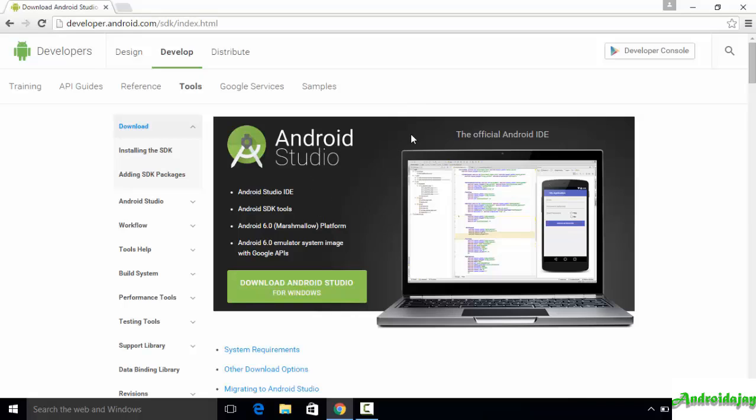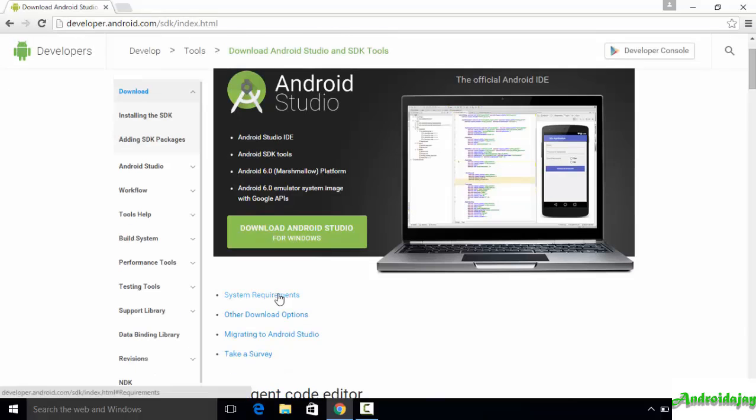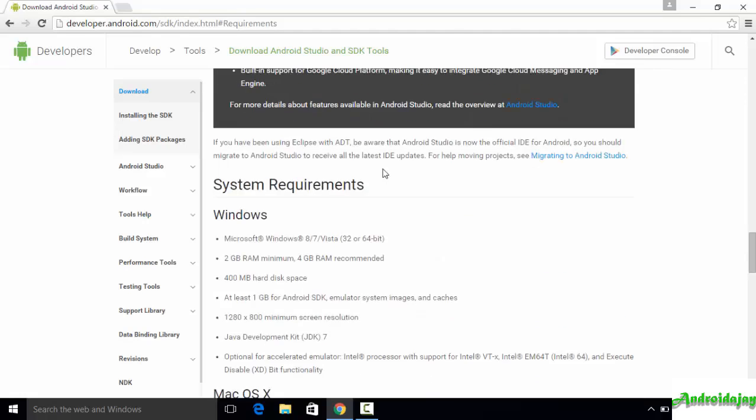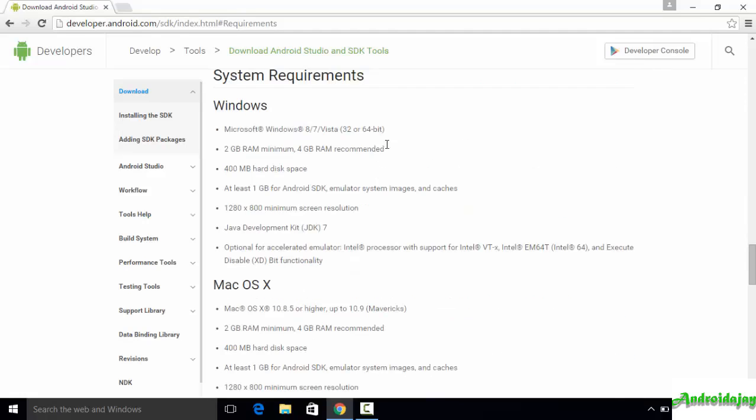So this software right here is going to allow us to write the code for our Android application, and also it is going to provide us with a small emulator right like this so that we could run our Android applications into it. So basically, before installing the Android Studio, what I would like to recommend is you go and read the system requirements for Android Studio, and that is because Android Studio is a bit slow on computers which